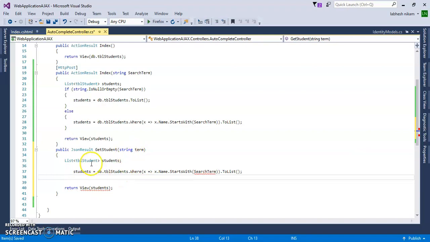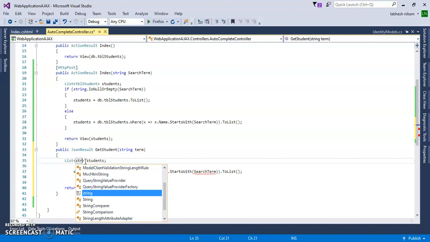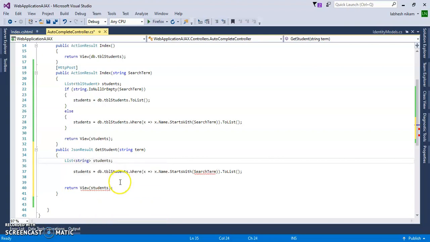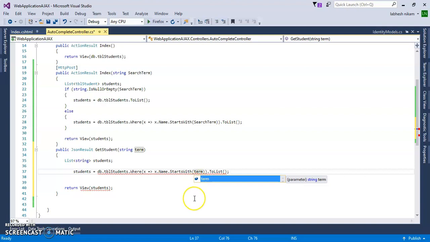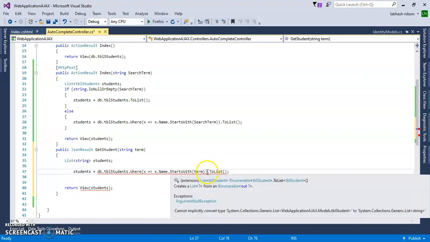Now we will use the string term in place of the table name. Students equal to tbl students, where x such that x.name.StartsWith, now not by search term but by term, meaning from the characters.